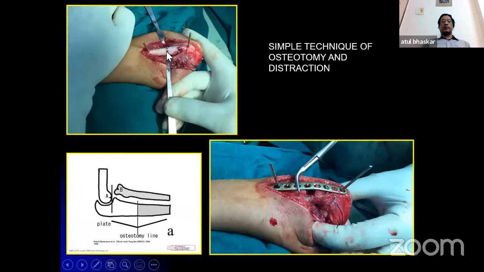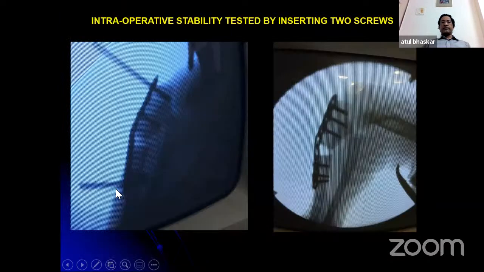This is how I do the osteotomy. I put 2 pins, mark the level of osteotomy, distract it with the lamina spreader, put the plate in, and then pass the screws. The head is located, and you know how much of a wedge is to be removed. Typically, the amount of displacement you see is the displacement you require to get the angulation. So about 15 to 20 degrees of angulation is typically required. And you can see in the top X-ray the head back in. These are the K wires, and then you fix it.